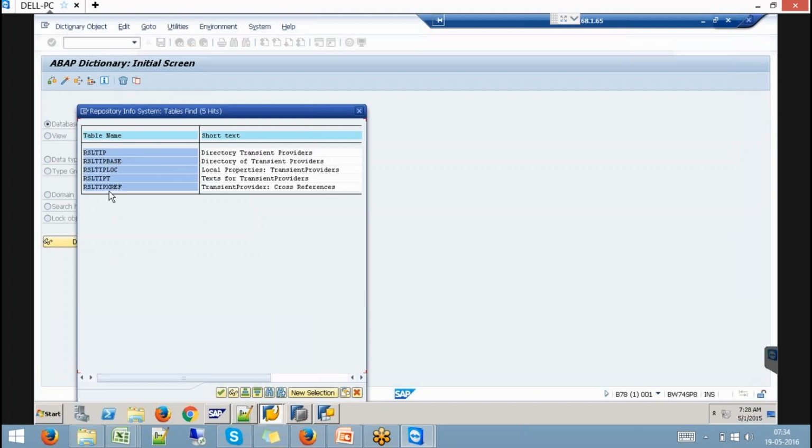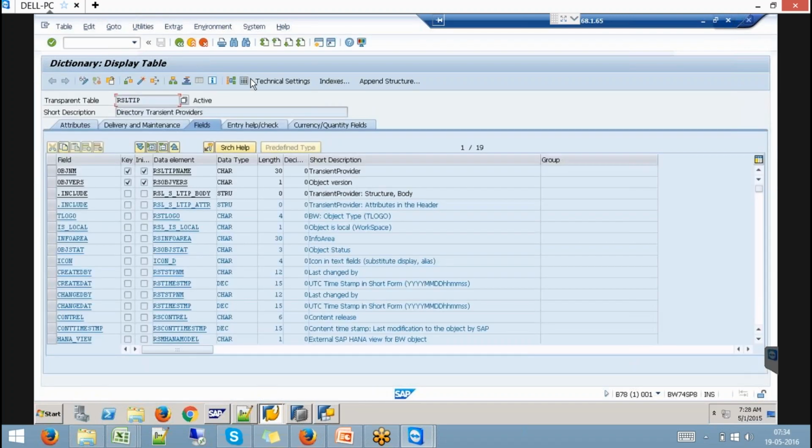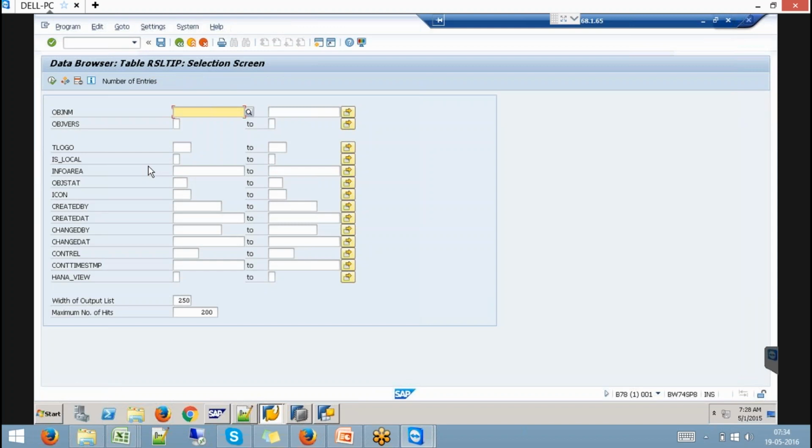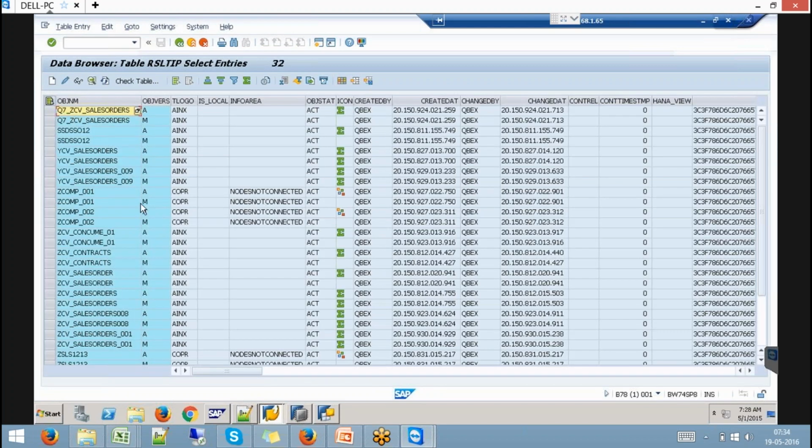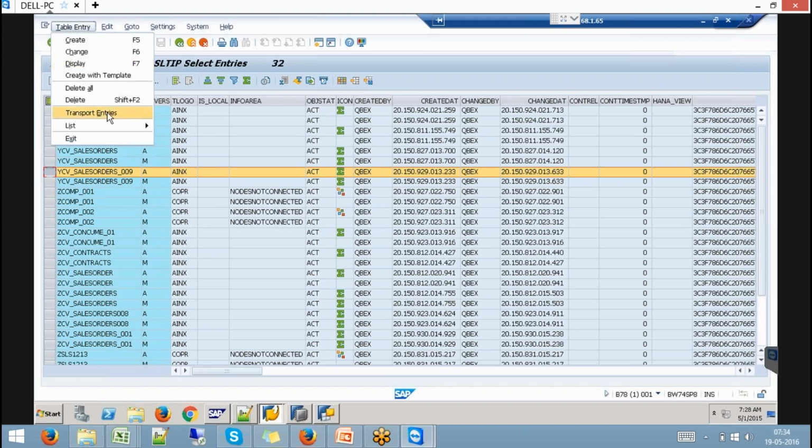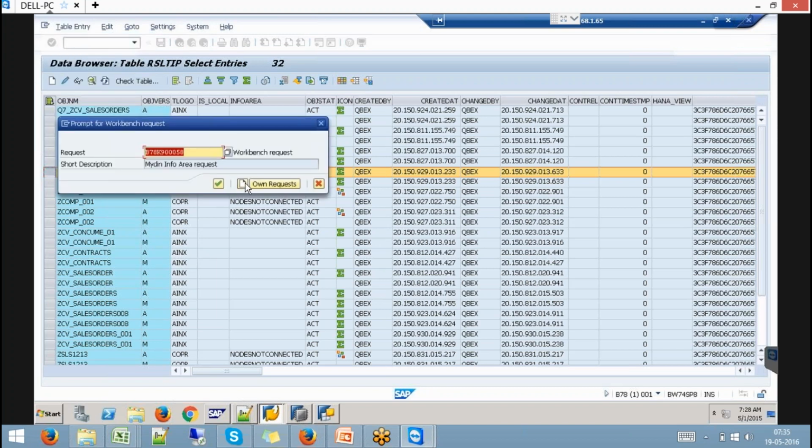These are the tables which are relevant to your transient providers. If you go to RSLTIP, you'll have an entry in this table. Mine is this, object is this. So you can select this active one, say table entry, say transport entries, and collect into a request.